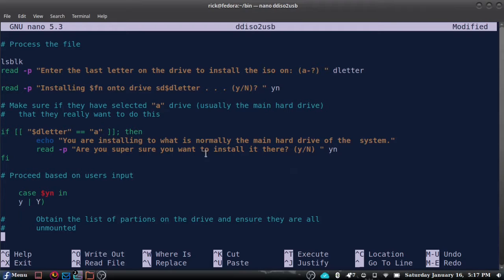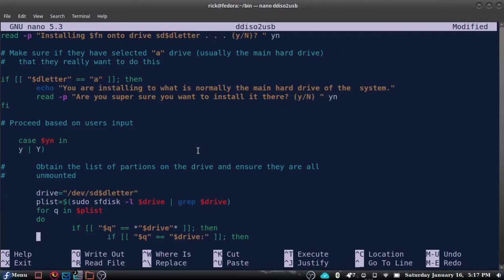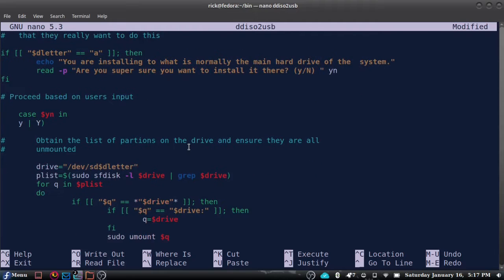Then it proceeds based on user input. Case that variable yn equals small y or capital Y. Then goes in the setup of doing the install. One of the interesting things is when you mount a drive to here, it's usually one of the partitions